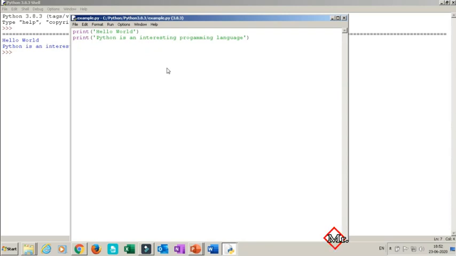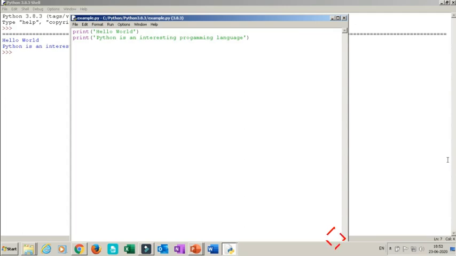I request you all to download Python and install it on your computer or PC. If you don't have a computer or laptop, you don't have to worry. A Python interpreter is also available for mobile phones. If you have an Android phone, you can download the Python app. I will tell you the Python app name also. For Android you can use Pydroid 3, that is a Python interpreter for mobile phones.